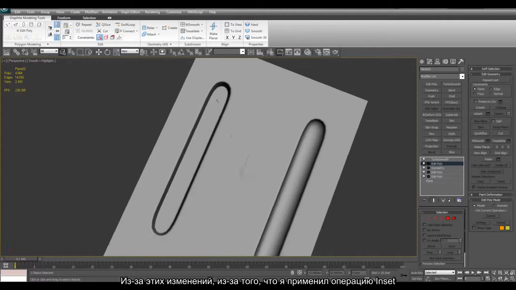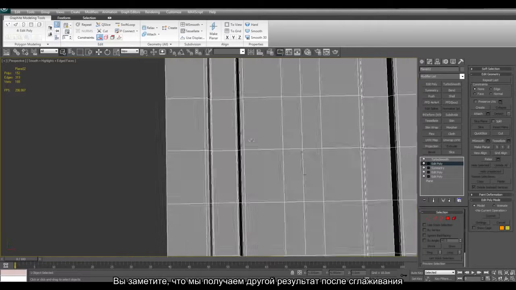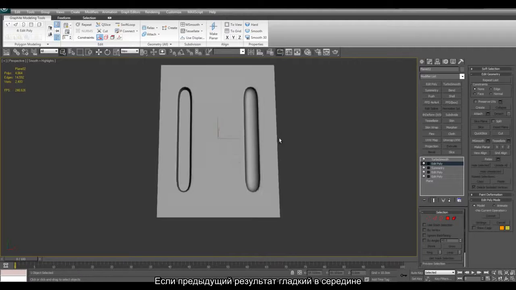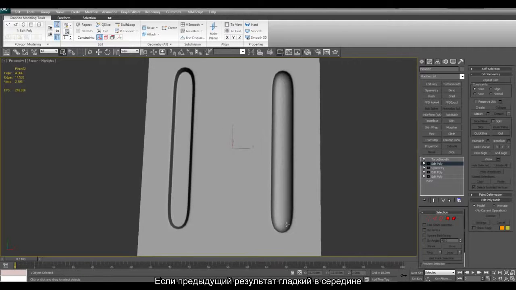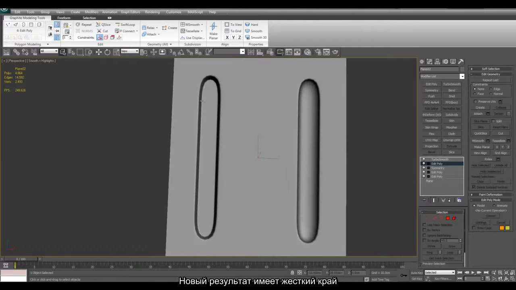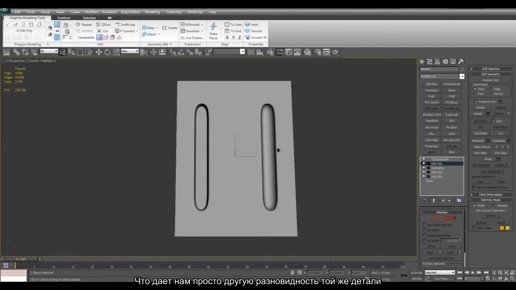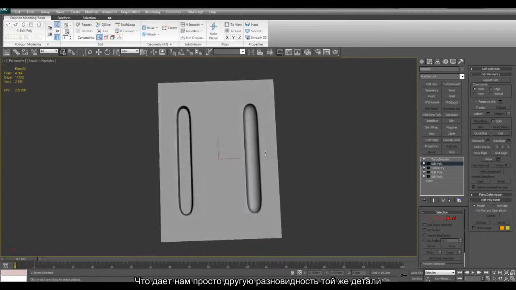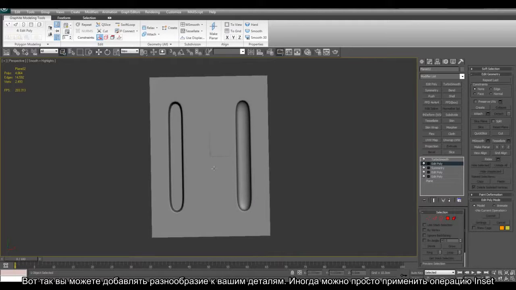So because of these changes, because I've inset this, you can see that it now gives us a different looking result here. Whereas this result here is kind of smooth in the middle, here it's a hard edge, which just gives us a different variation of the same detail. So this is how you can go about adding variation to your details. It can sometimes be as